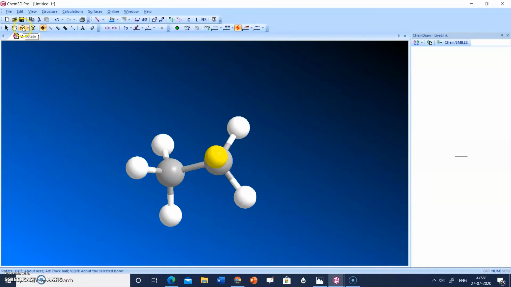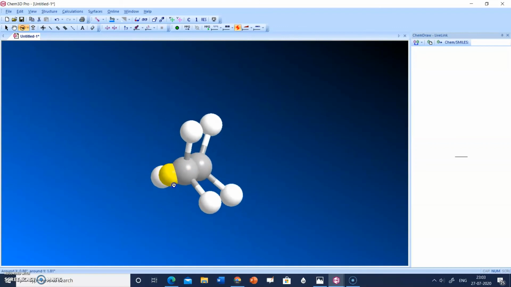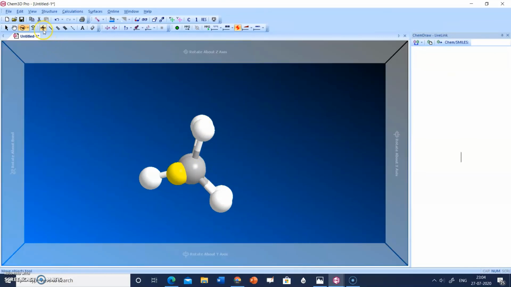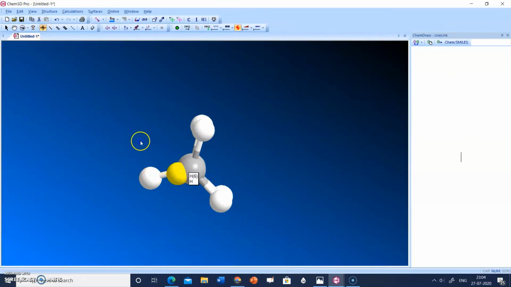Now let's see by rotating this molecule. If you adjust this molecule, now the carbon is exactly behind the second carbon atom and the hydrogen atoms are exactly behind the hydrogen atoms. So this is the eclipsed form. Let me increase this bond of hydrogen. Yes, so see, this is the eclipsed form of ethane.